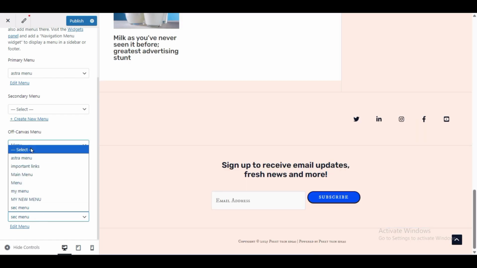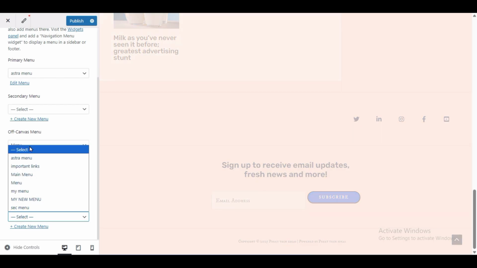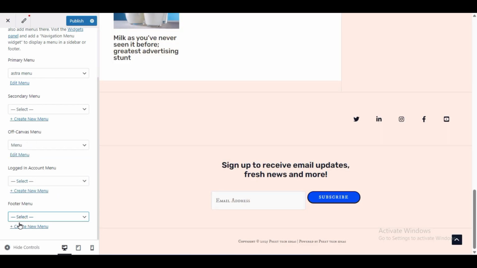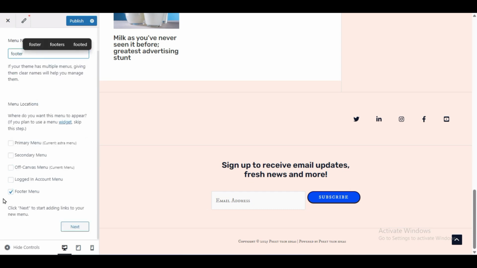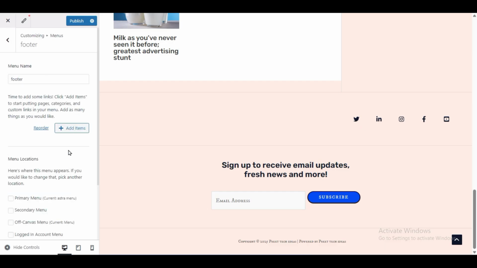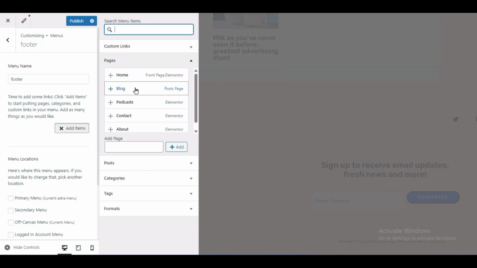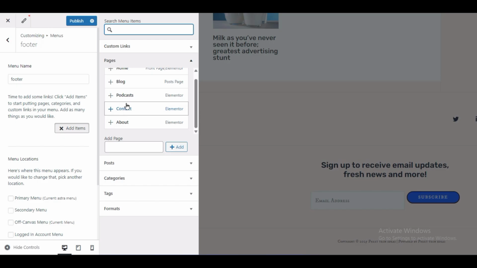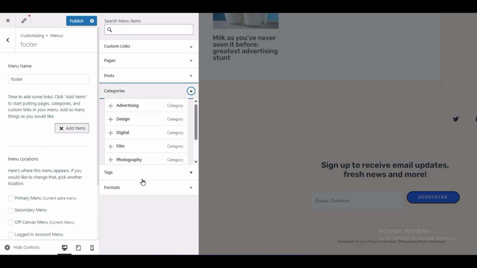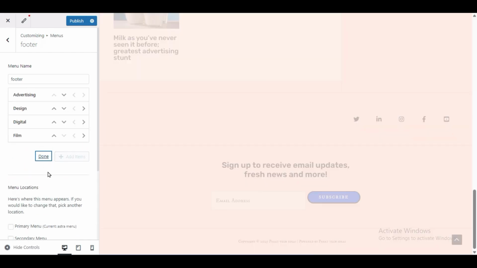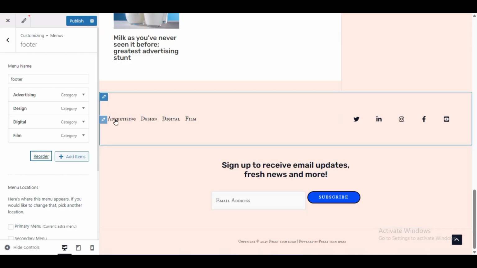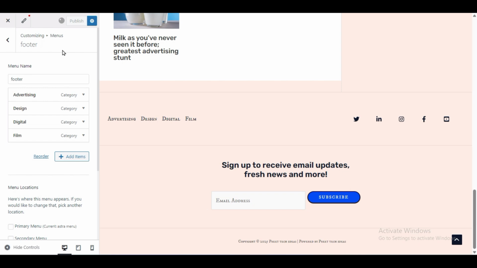Okay. Example, if you want to make new, click here, select, and click create new menu and name it footer. You don't need to select anything here, or if you see here footer menu is unchecked, click on check it, and next add item. So I want to add some page to the footer. You have to find from the pages you want to add to footer. Example, categories you want to add, click categories and add plus icon to add it. Okay, now we can see here right away changes. Publish,